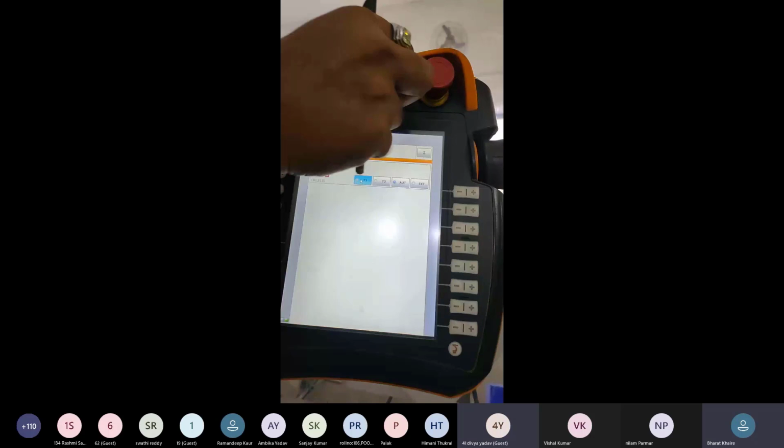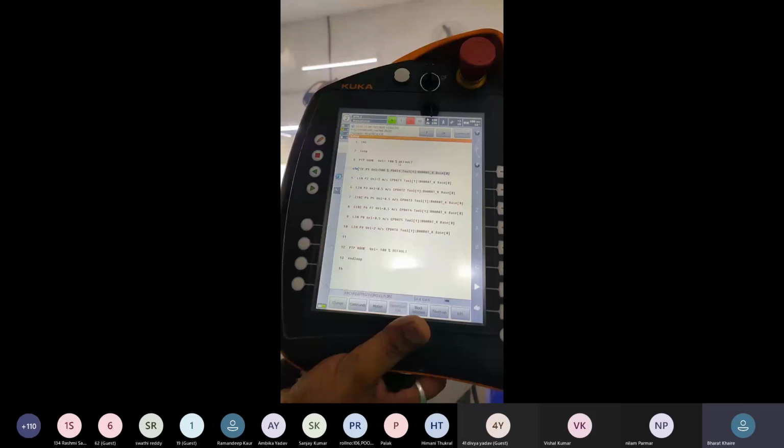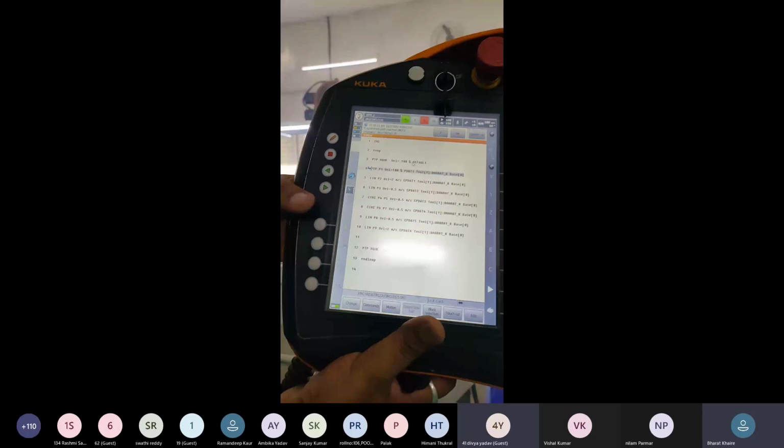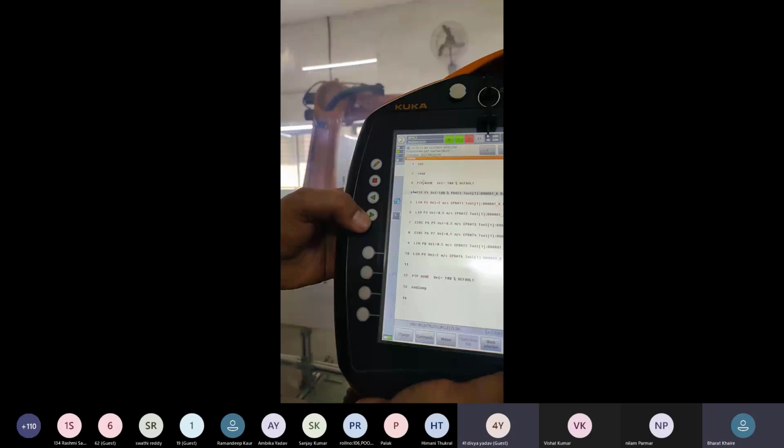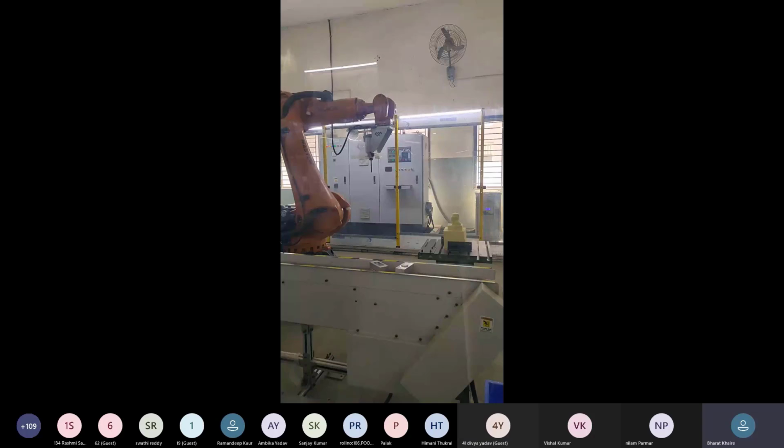Now we can move the robot manually by pressing the drive on key and play button. So we can also go to the home position with the help of the reverse button. This is a forward play, this is a reverse play. We can watch here, the robot is going in reverse direction to the home position.